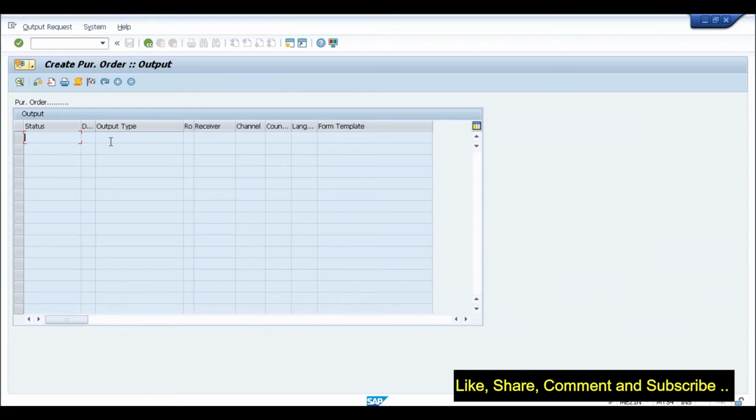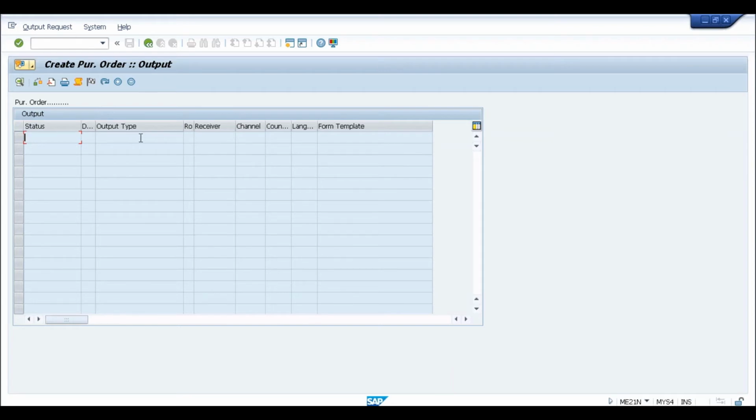Okay, and if you compare this screen with the screen that we were able to see in ECC, you will definitely find a difference. Normally you don't get this kind of screen when you click on messages. The traditional screen was a little bit different. Okay, so now why is it not showing any line here, why has it not determined the output? The reason is because in the output determination table in the configuration, we have not maintained this combination of vendor and purchase organization, which is normal even in ECC also, but the screen is definitely different.